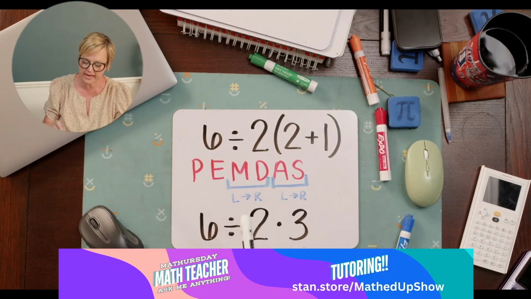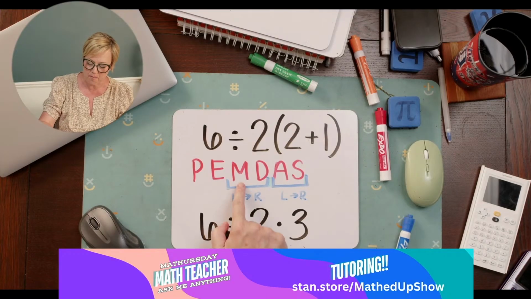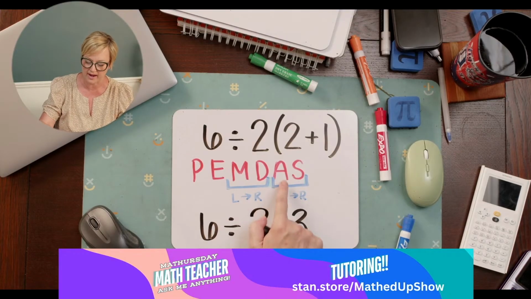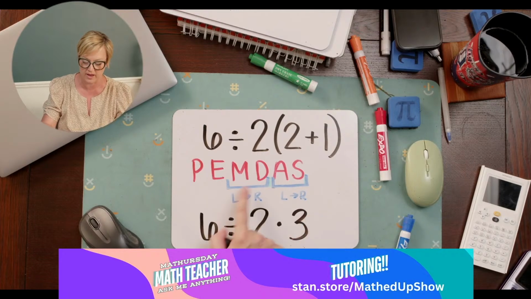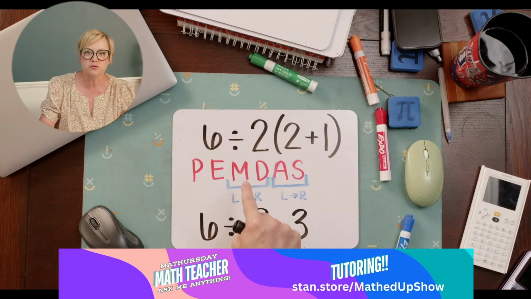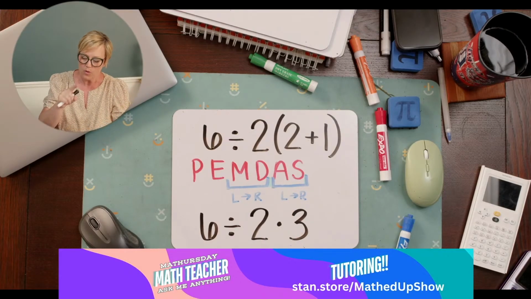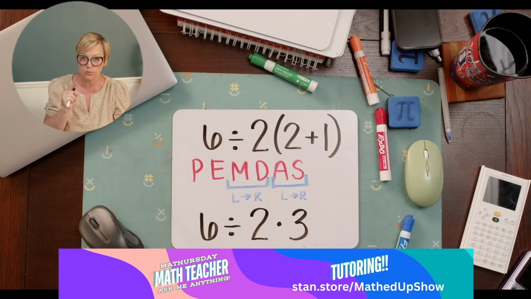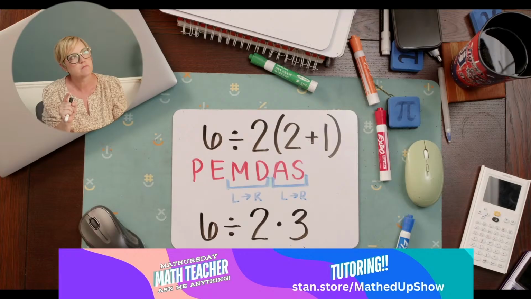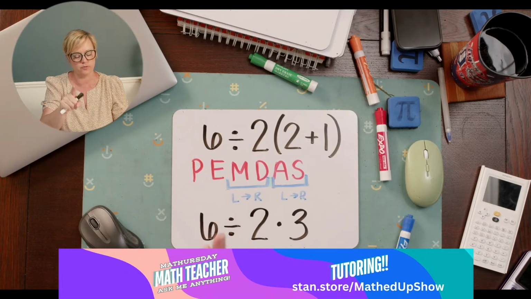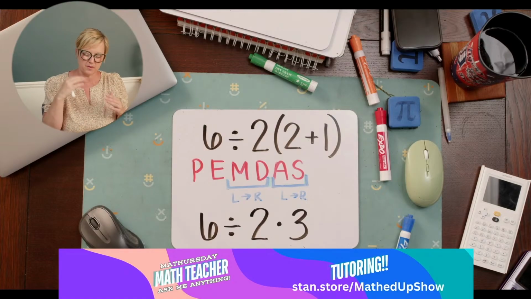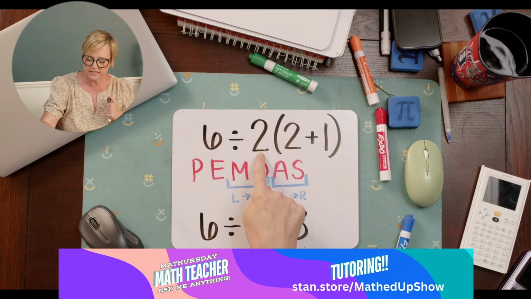So what we can do is, again, multiply and divide, we're going to go left to right. Add and subtract, we're going to go left to right. You don't have to do multiplication first if it's not first left to right. So I saw somebody on there asking, why wouldn't you distribute? And the reason I wouldn't distribute, well, here I'll get into why you don't distribute, but the main reason is because this is not just a